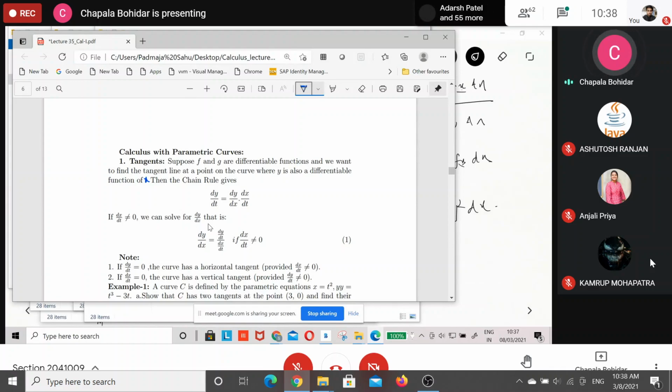provided dx by dt is not equal to 0. If dx by dt is equal to 0, then we get an infinite value, so the curve has a vertical tangent, provided dy by dt is not equal to 0. If both are equal to 0, then it is undefined. So provided that dy by dt is